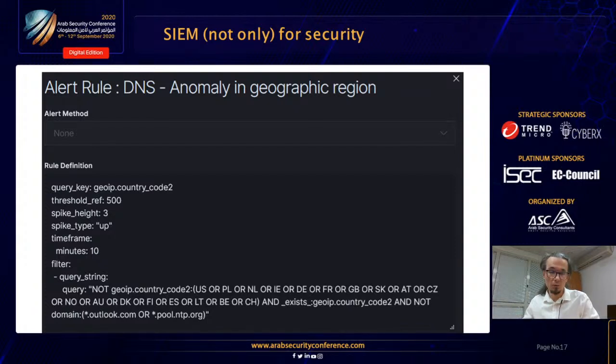We have to look at the other parts, and again, using the spike method, we are comparing the time frames, and if a country that we didn't exclude has a sudden spike of activity, 3 times to be exact, then the alert is triggered. Of course, we are creating groups for those countries,